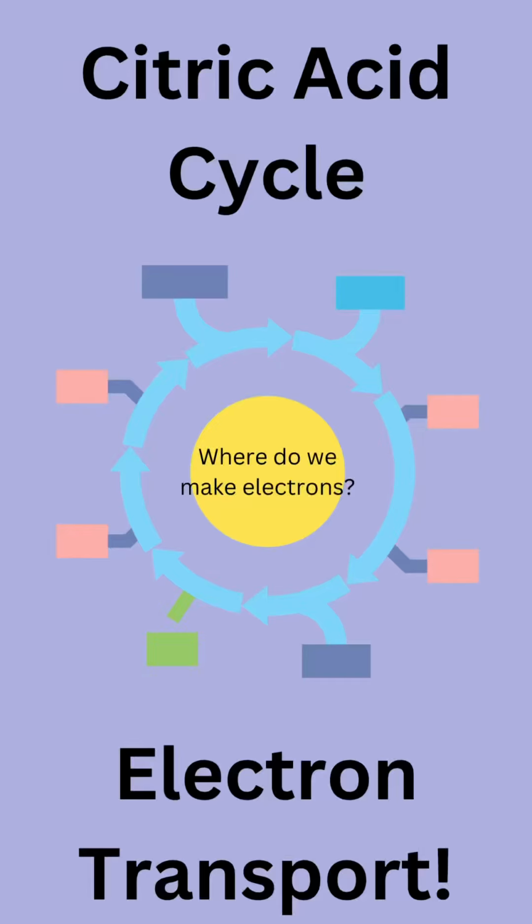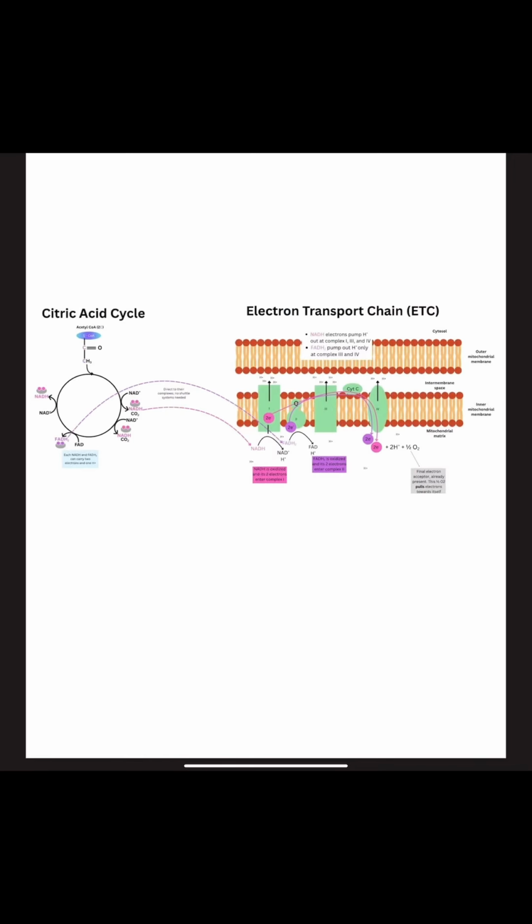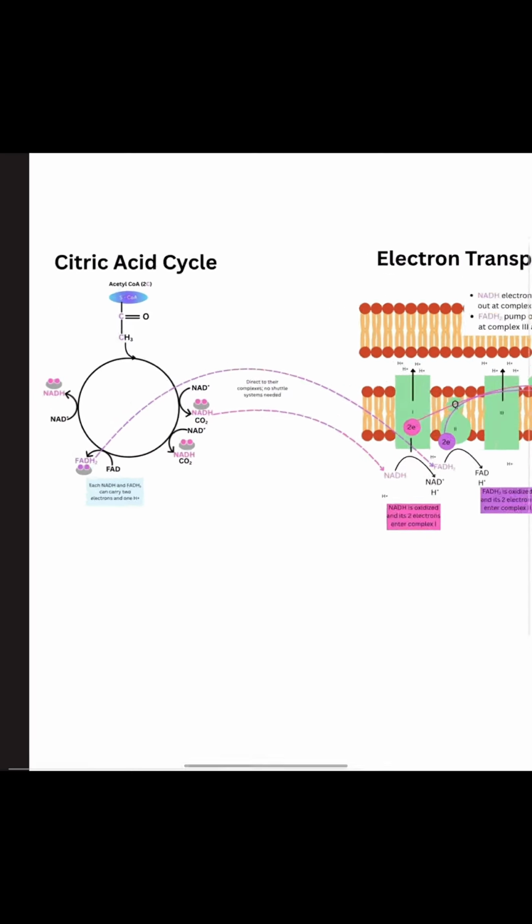Everyone, so today we're going to be finishing up cellular respiration by looking at the citric acid cycle and following the electrons as they move towards ATP production. So if you haven't already, check out my previous two videos on glycolysis and pyruvate oxidation to see how we got to this stage. So the citric acid cycle, it takes place in the mitochondrial matrix and it begins with